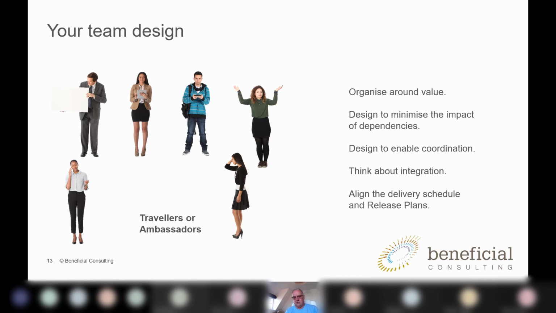If you've got multiple teams, you need to think about how the product owners stay aligned, so that the product that the several teams produce actually mirrors what the customer needs. And sometimes you get the need for designing things like product owner syncs, synchronization meetings, into your team design. And then lastly, we've got to think about integration.